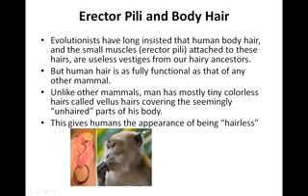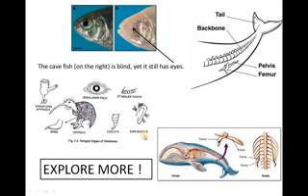So you can see another structure, what we call the ear pinna here. The muscles present here are said to be useless, whereas in other animals they are useful. The cave fish is blind, yet it still has eyes. So this is one vestigial organ in this animal. You can see the wing of the ostrich, the semilunar fold or nictitating membrane, and the ear muscles, which are considered vestigial organs.